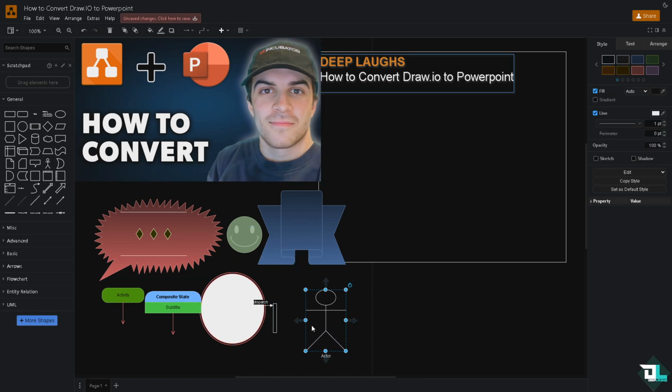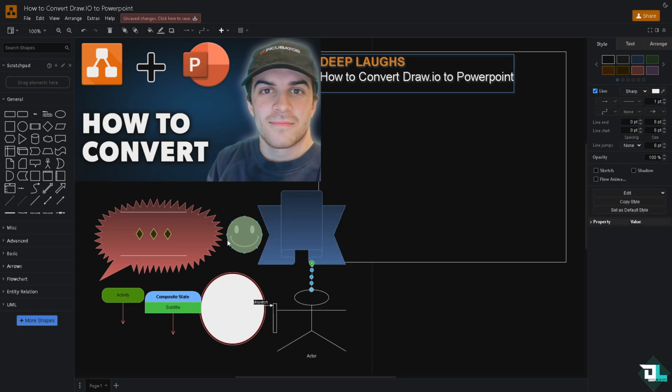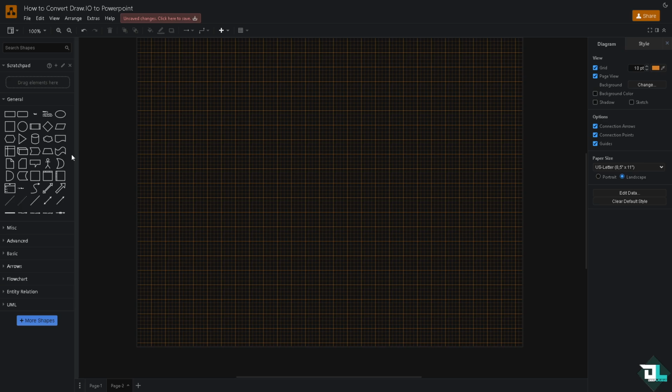For example, I'm going to be adding this to my diagram because I'm gonna export it later and then convert it to a PowerPoint. So I've been meaning to use this, right? Now, you see, this is gonna be page 1, right? What I'm going to do is add a new page right here, insert a new page, and I'm going to create another